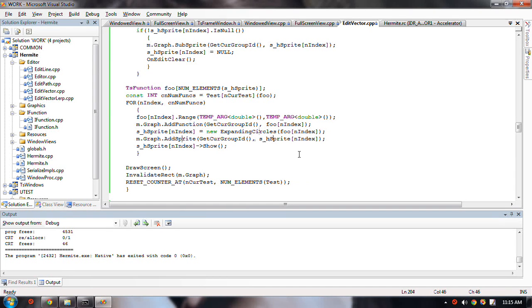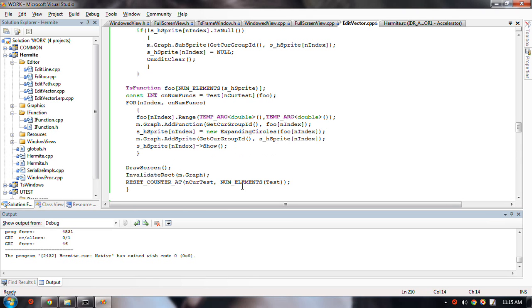The reason I have to add the sprites to the graph, I wouldn't really have to, except that they wouldn't get updated. That's the way they get updated. So I'd have to find another way to update them, or have them update themselves somehow, which could be possible. I could link them with their own animation timer. Oh, but the other thing is that the graph needs to tell the sprites when the background's changed, so that's necessary. Draw the screen, invalidate the rect, and